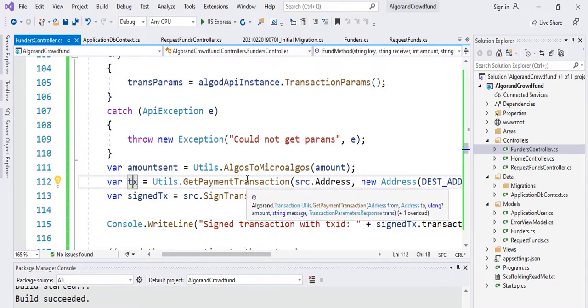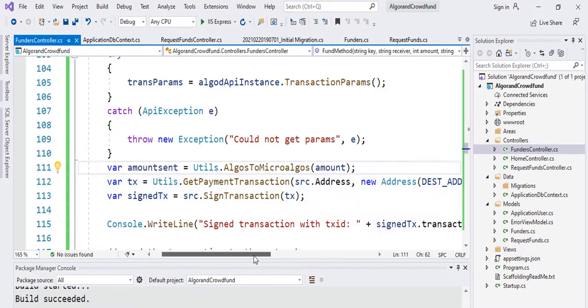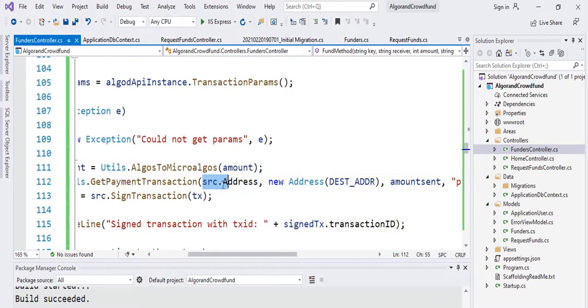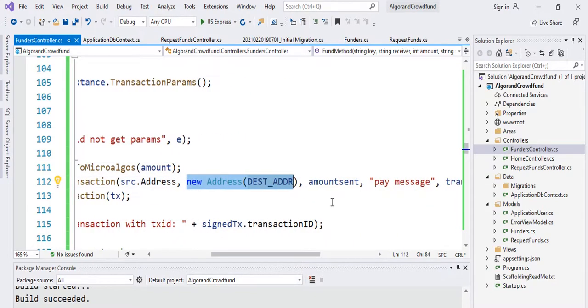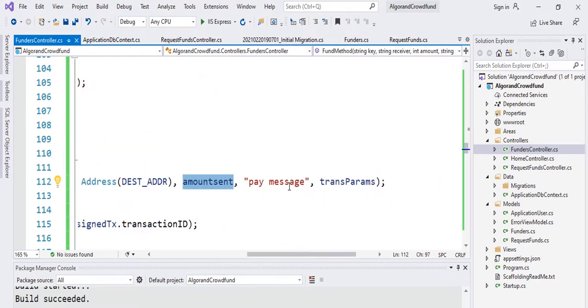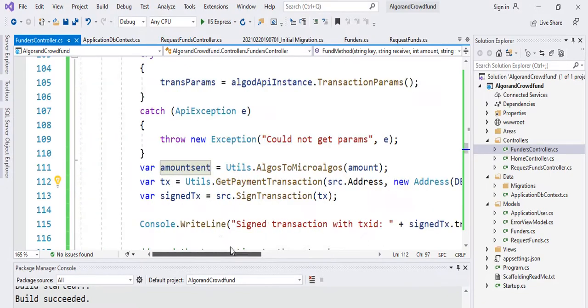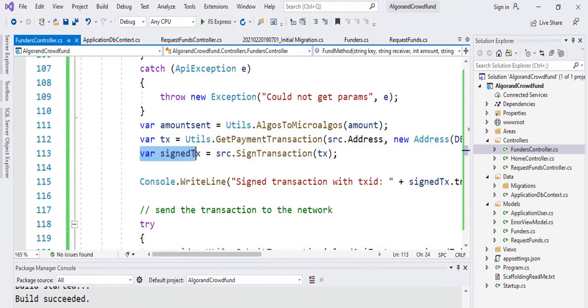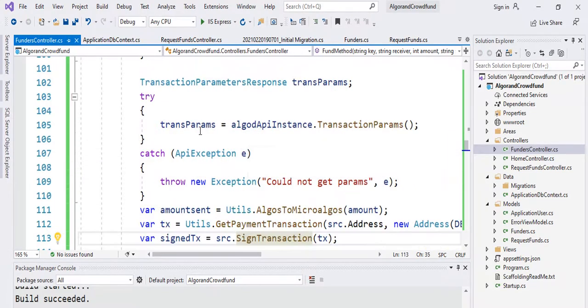Now right here, this is a method that contains the address from, address to, the amount, a message associated with that transaction, and then our parameter response. So we passed in the necessary details needed. We have our address here, and then our destination address, the amount that was sent, the message, and then our transaction params. So in the next step, we have our signed transaction, making use of our source, which we made